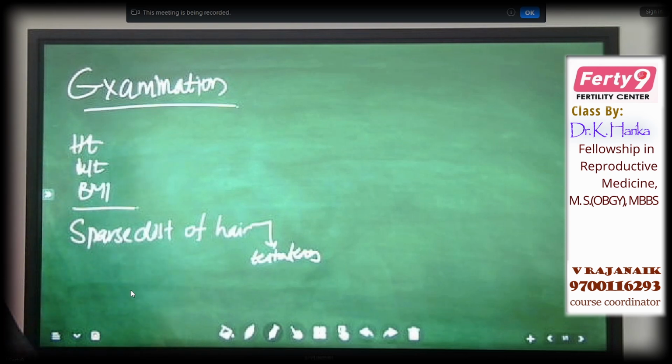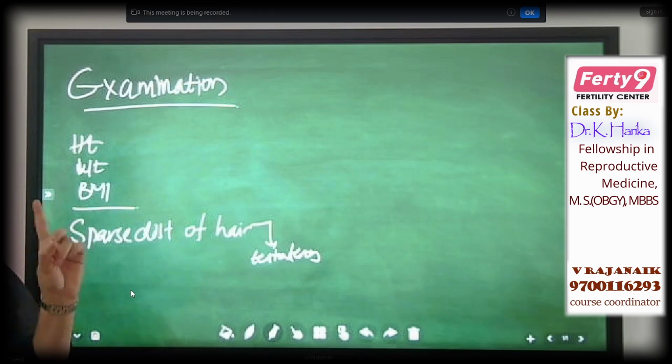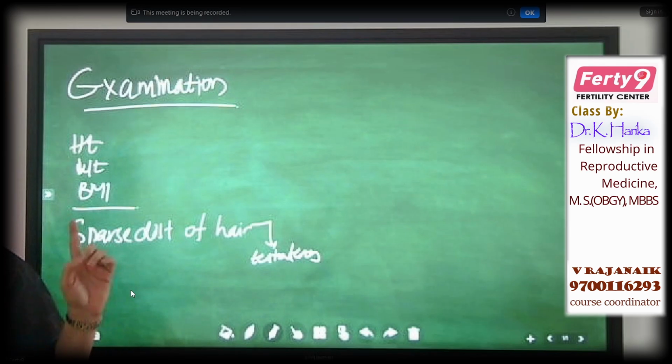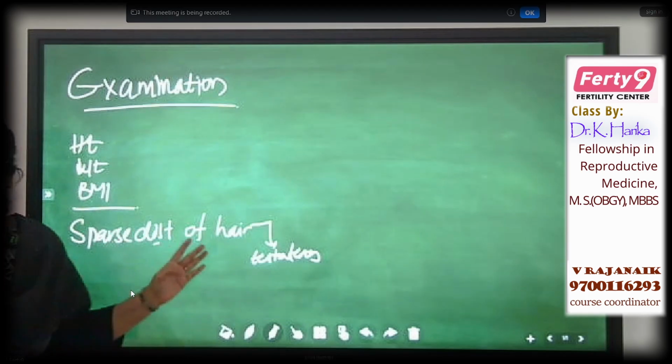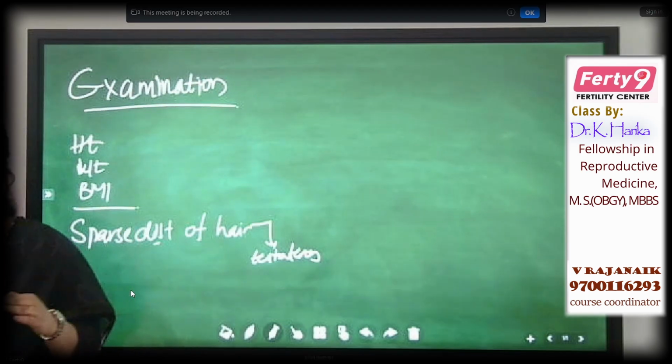Obviously, sexual drive will be reduced, libido will be reduced, and testosterone is the main hormone essential for the proper functioning of seminal vesicles, ejaculatory ducts, and all those, which contribute mainly to the seminal fluid. If there is any deficiency of testosterone, ultimately all will get affected, and ultimately they'll land up in infertility. So basically by seeing the distribution of hair, if there is any sparse distribution of hair,